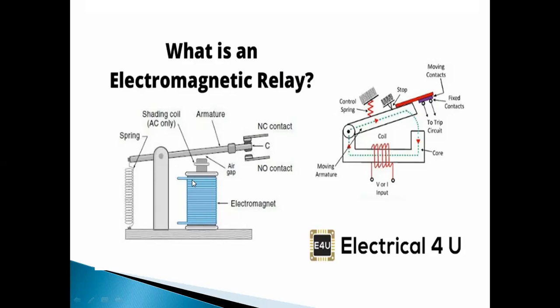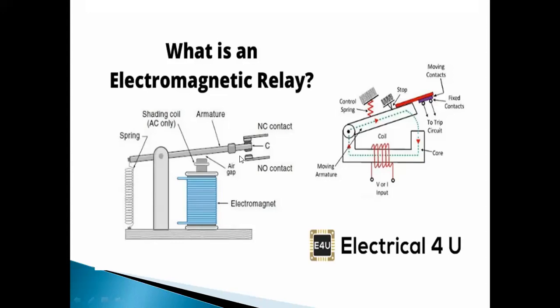So here you can see one electromagnet is there, then one spring is there, and this is the armature, or we can say the arm. Then there is an air gap between this arm and these contacts, that is the shading coil. Now what happens, and these are the normally closed and normally open contacts of your relay,